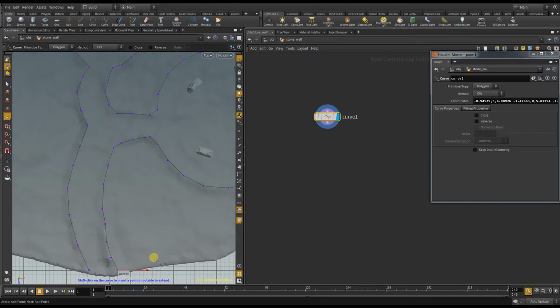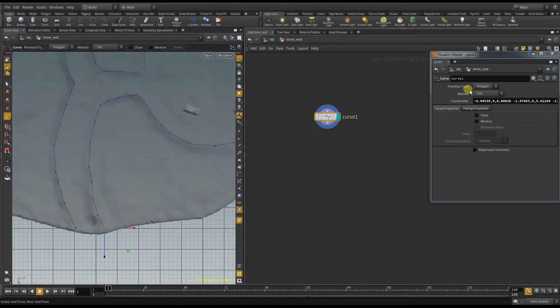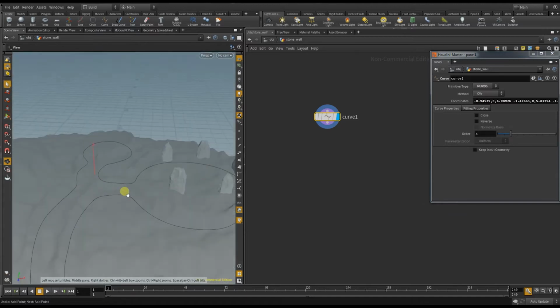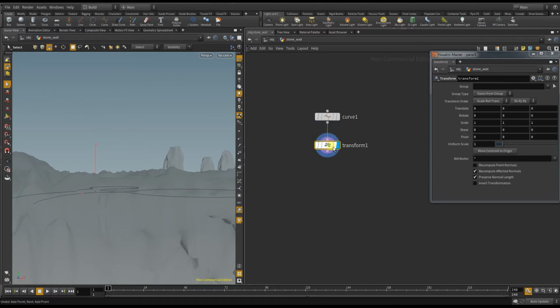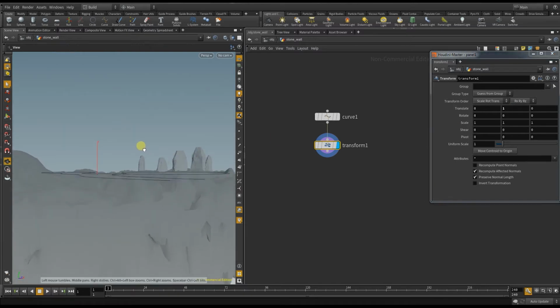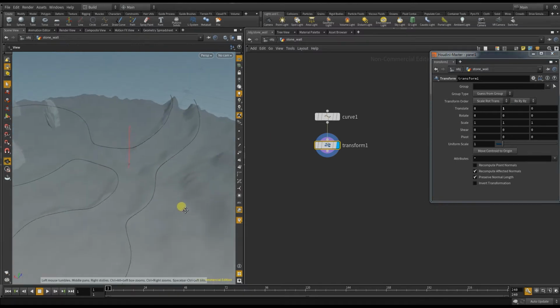Next I want to change the type of the curve to a NURBS curve and then move the whole thing up. Because right now it's on the 0 plane, so I create a transform and increase the translate. That looks somewhat correct, but I'm sure we have to do some fine-tuning later on when we see the first